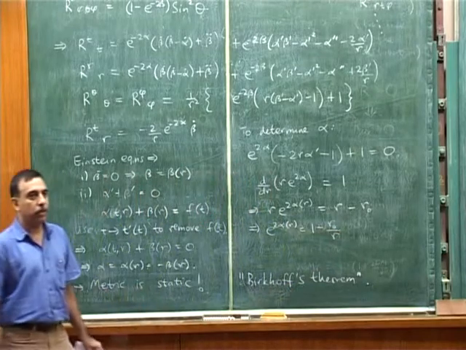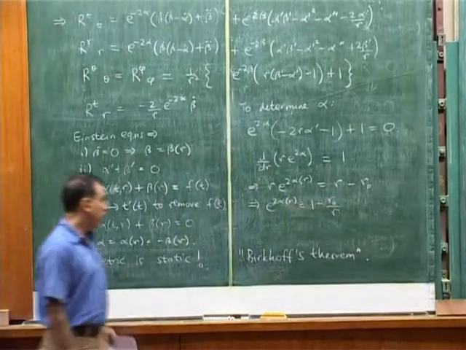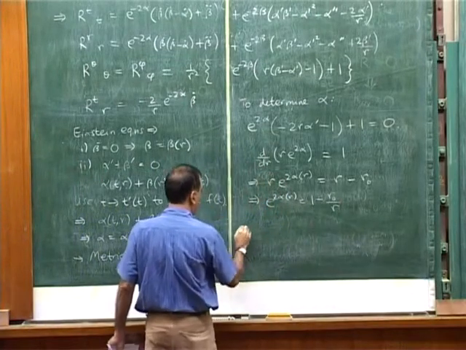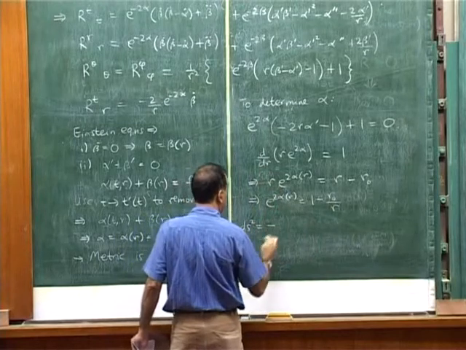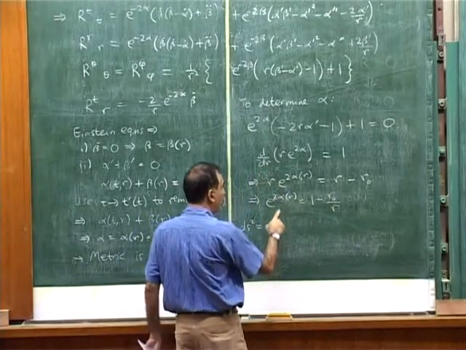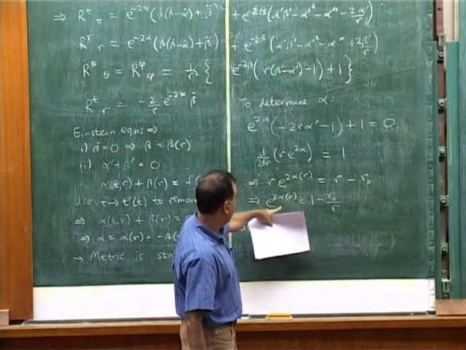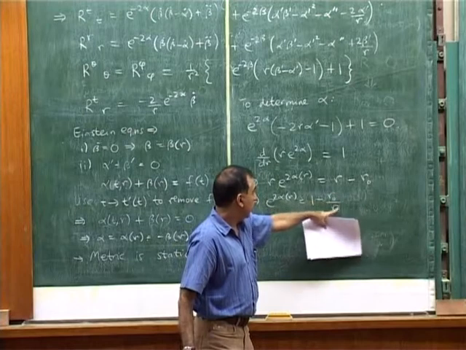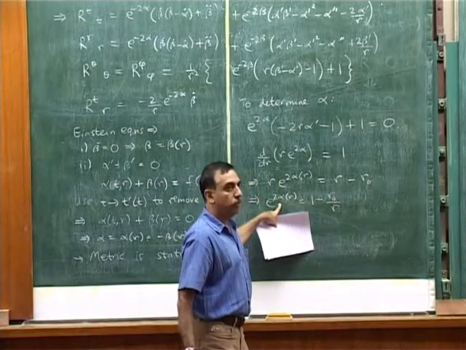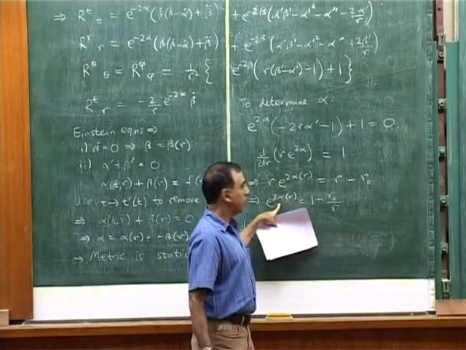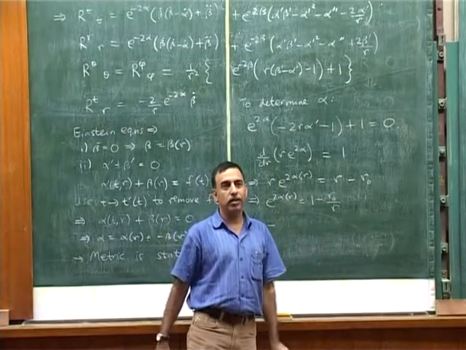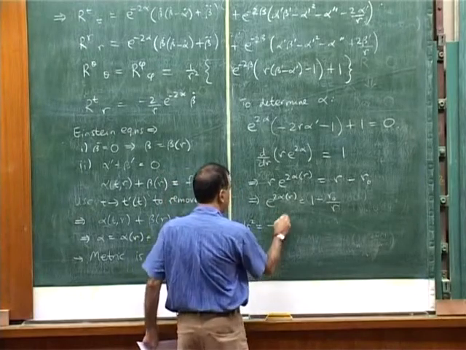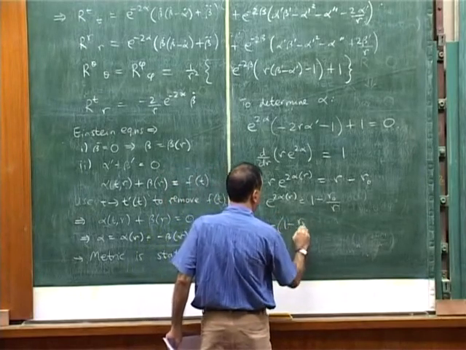What a nice and simple function. And this in turn finally gives me the metric in terms of this unknown integration constant r naught. Then the metric is minus... Notice now that as long as r is greater than r naught, which is the integration constant, this will be positive. If r is less than r naught, it will be negative. So as I told you, I had no prejudice about the sign of e to the 2 alpha, and I haven't put in any prejudice into that. So the answer is this.